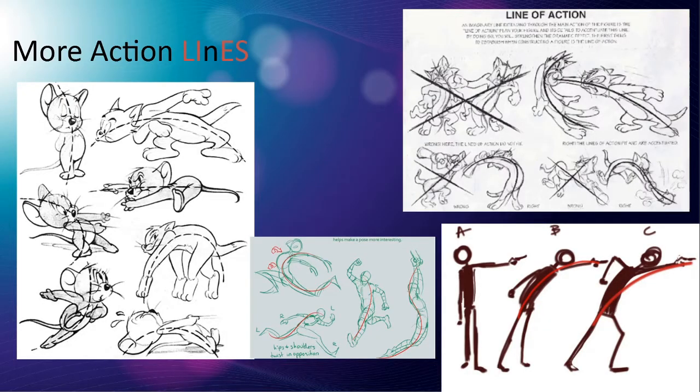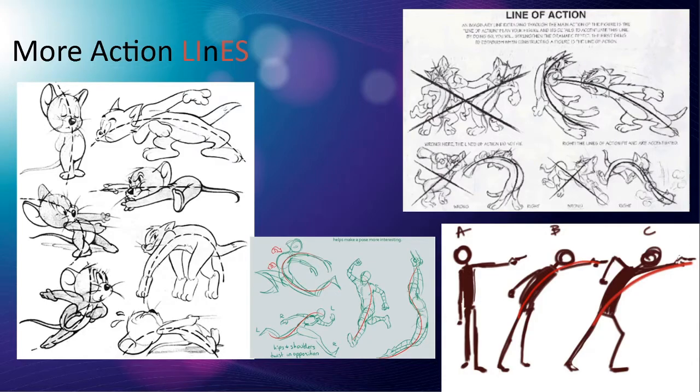Here's some more action lines. If you really exaggerate action lines, you can get some really dynamic poses that are really fun. This looks like the happiest person ever running and jumping in a field of flowers. And this person is pointing at something, which is fine. But if you put a little action line in it and the leg and the arm follow that action line, this looks even more emotive, right? And then if we exaggerate that even more, and we add an arm at a perpendicular angle to the action line, or a leg at a perpendicular angle, then it has a different emotion, and it feels much more exciting.